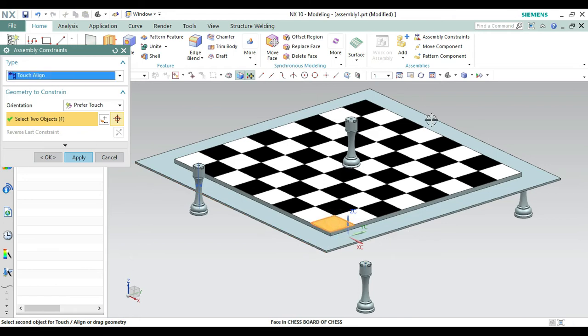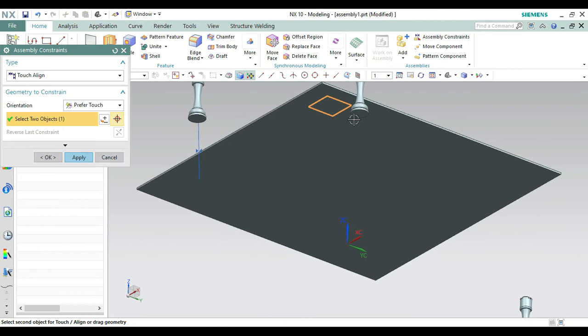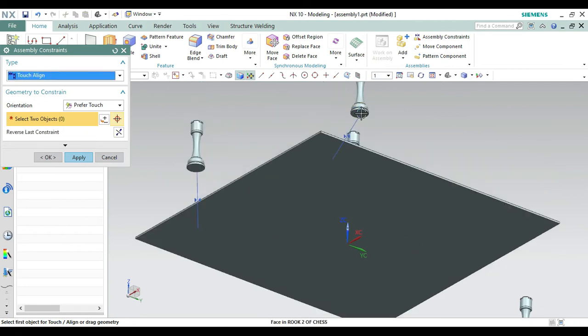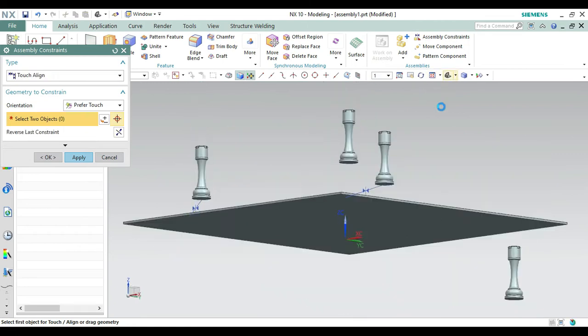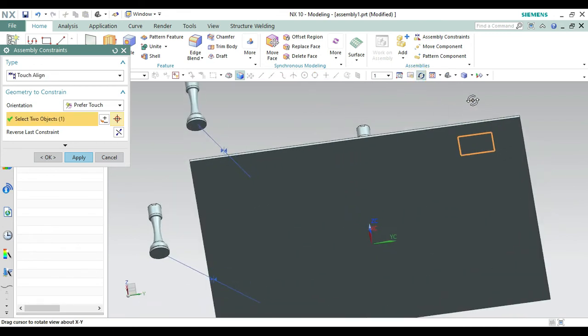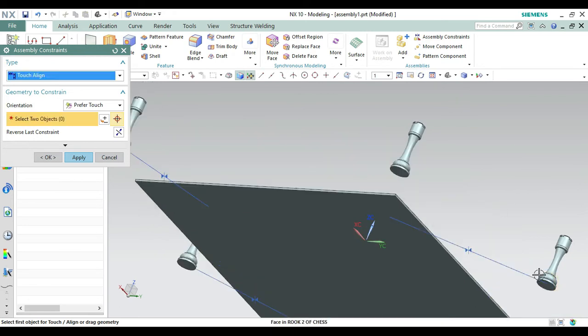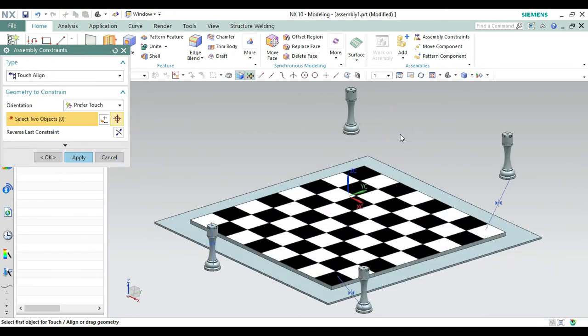Now what we do is to select this one and then select the top face of this. Okay, again bring it to isometric view, select this face and select the bottom of this face. Okay, again it has been assembled.